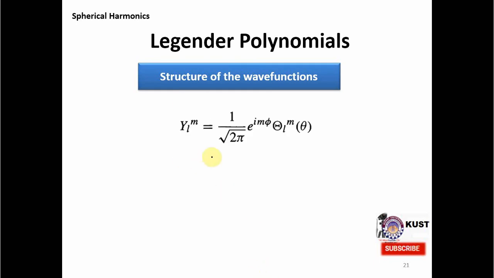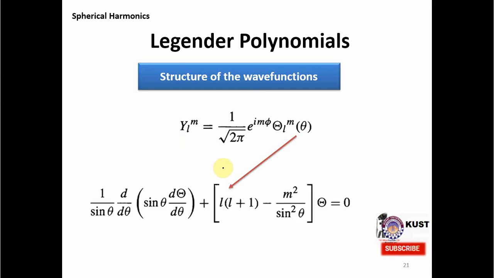You know now that the final structure of our wave function, the spherical harmonics Y_lm, is equal to 1 over the square root of 2π, e^(imφ), times Θ(θ), and the φ part is already solved. This part we have to solve for θ, and for this solution, remember on our first slide I showed you two equations for L² and Lz acting on the wave function and giving eigenvalues. So now if we put this wave function into those equations, along with the operators L² and Lz in spherical coordinates, and solve them, we get